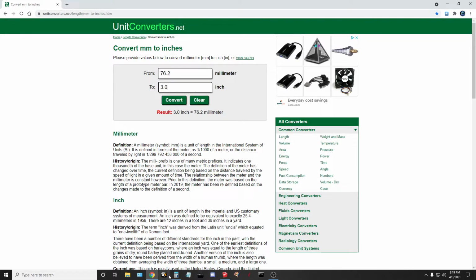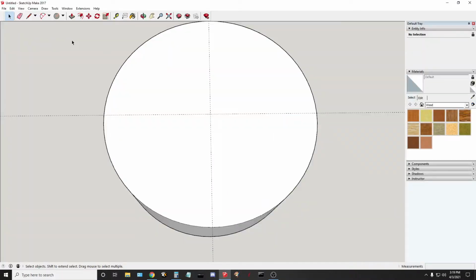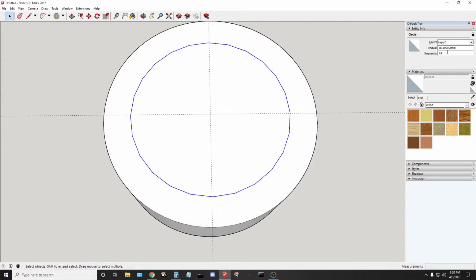76.2. Come on, do the math for me. 76.2 divided by 2. Look at that. I should have known that. So now I can come over here, grab my radius tool. I just got to pull any point, type in 38.1, and there you go. There's a 3-inch circle. Choose it, and we're going to then do a 72